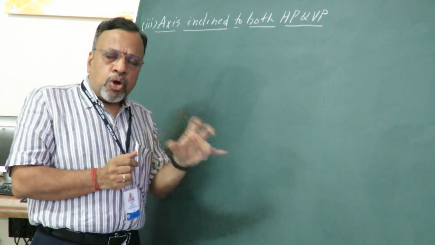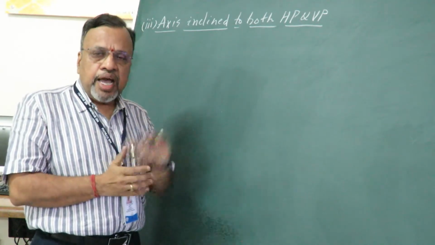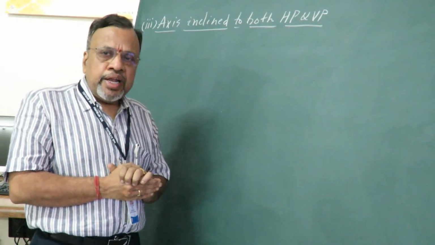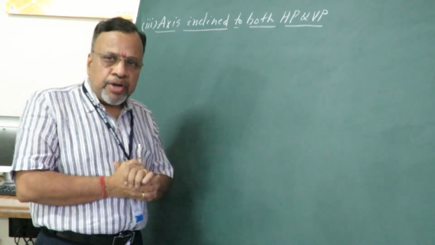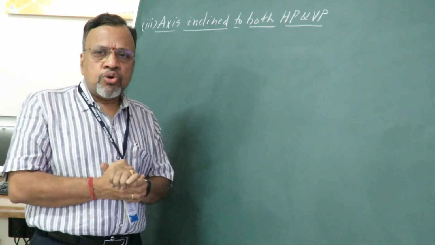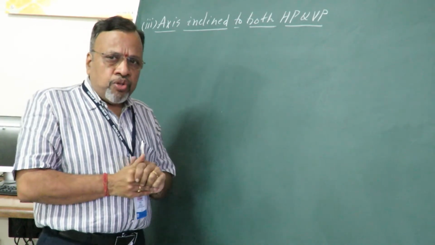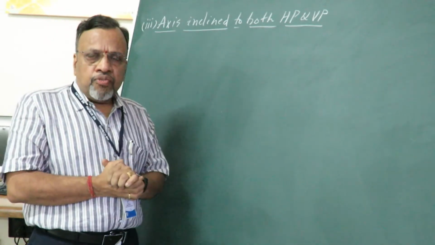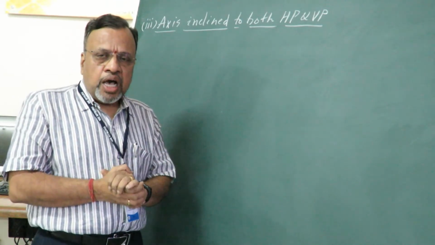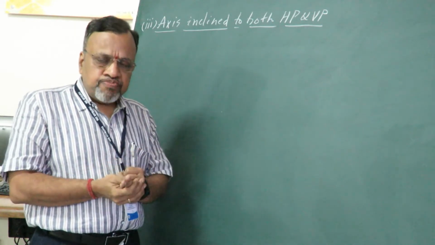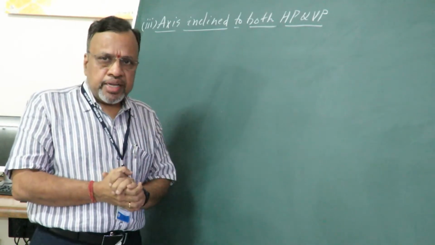Now if I say one of the base edges is resting on VP, then I need to start from the front view, wherein that edge should be taken perpendicular to HP, that is in the front view. Similarly, the same condition holds good if I say it is resting on a corner. Today I am going to concentrate on the axis inclined to both HP as well as VP, and since in the previous sessions I considered a prism and then a pyramid, now I want to consider a cylinder to illustrate this case.